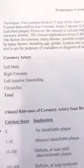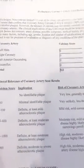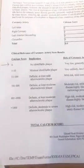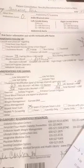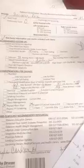Okay. As you can see, it shows the 4 different coronary arteries, and mine were 0. So I was very happy about that. And this shows the different calcium scores. They also checked my cholesterol, which was also very good, and my triglycerides and everything. So all of that said,